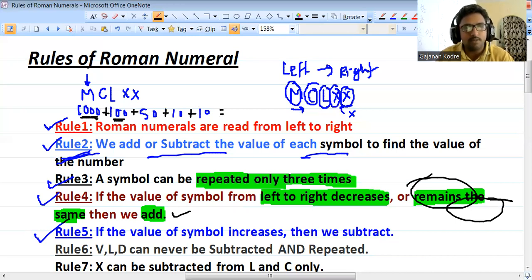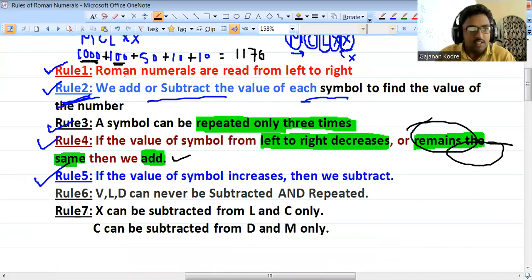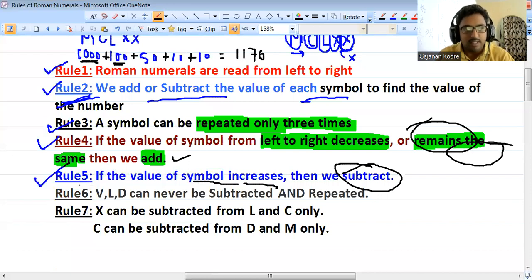So in this way you will be able to get the value of this number, that is MCL double X, 1000 plus 100, 1100 plus 70, 1170 will be the value of this Roman number। Now let's look at the rule number 5। If the value of the symbol increases, then we need to subtract। Then rule number 6, V, L, D can never be subtracted and repeated। Rule number 7, X can be subtracted from L and C only, and C can be subtracted from D and M only।